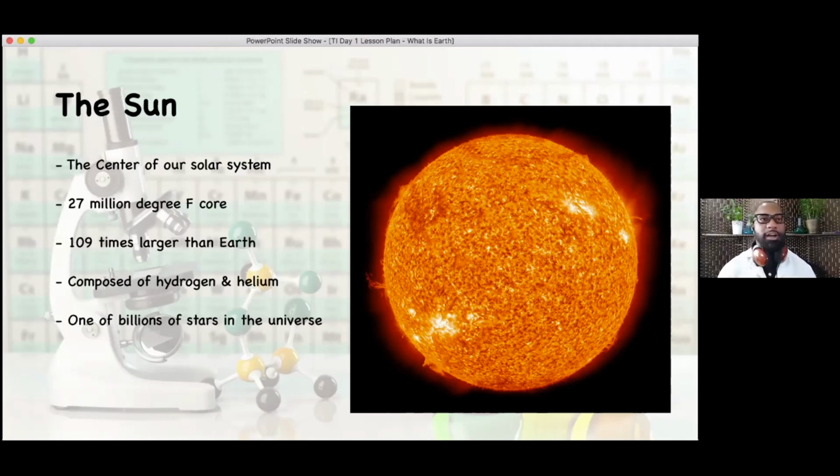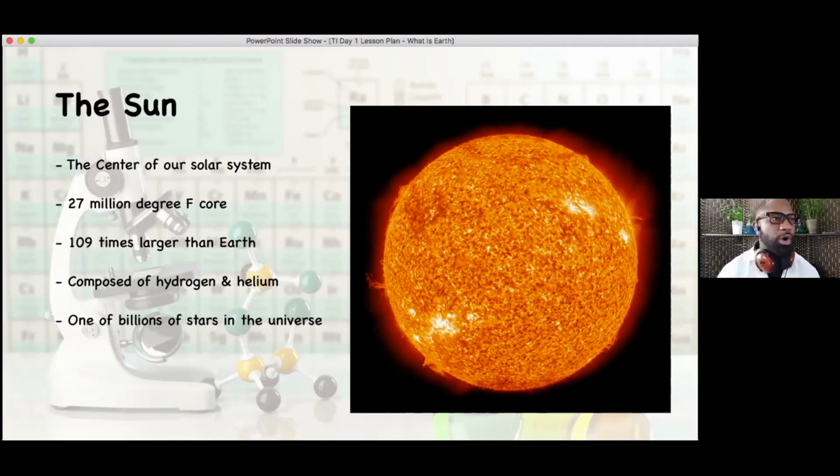Within this core of our sun, we have so many different elements combining. So we have nuclear fission, nuclear fusion taking place. And that destruction and combination of atomic particles and energy being released is what creates our sun and gives our sun this amazing heat. And we really think our sun is special, right?